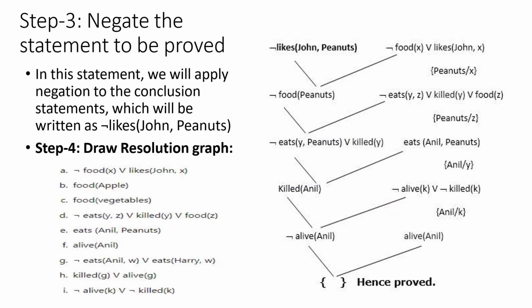So we are considering the goal. The goal is John likes peanut. So we are taking the negation of the goal, that is not likes(John, peanut). We are starting from this negation of the goal, not likes(John, peanut). We are checking whether it is present in any of the clauses. So when you go through this, then you can see here